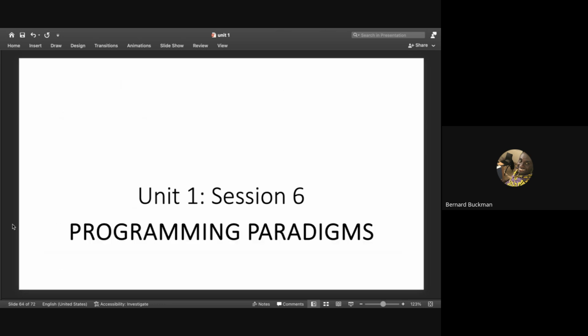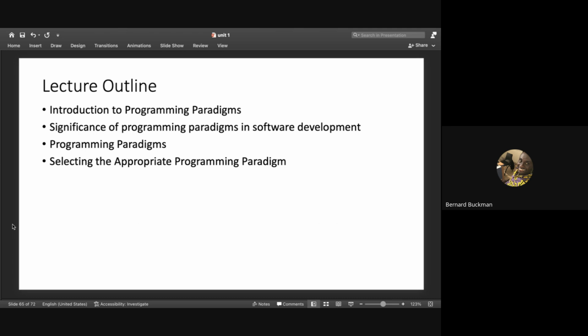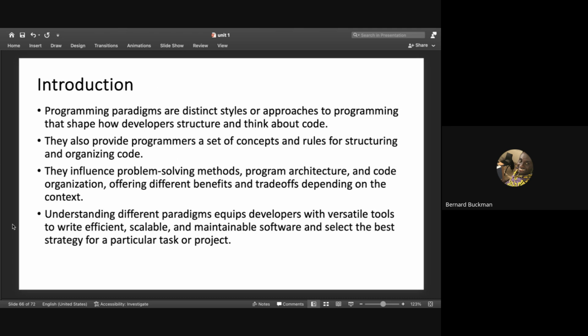Okay, so last session looks at programming paradigms. Programming paradigms, basically we're looking at the distinct styles or the ways in which we can approach the development of programs. Now that we've seen the various kinds of programming languages and types of software, we ask ourselves, how will we write the software? How we write the software is what we call the programming paradigms. There are various ways the software can be written.